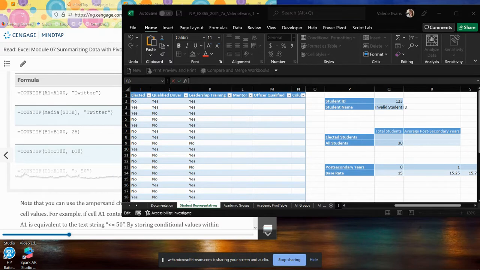Okay, so I've pulled up our spreadsheet. And so what the instruction wants us to do is count the students who have been elected to office. So we're going to tell our function to take a look at this column, the elected column, I, and see if there's a yes or a no. We only want it to count the ones that say yes. So real simple, elected students, make sure I'm selected in the right cell, Q8, equal